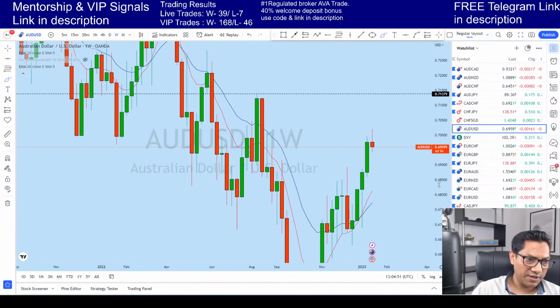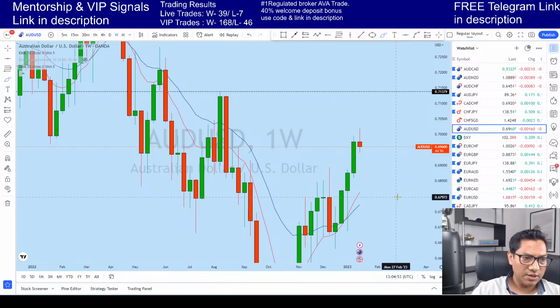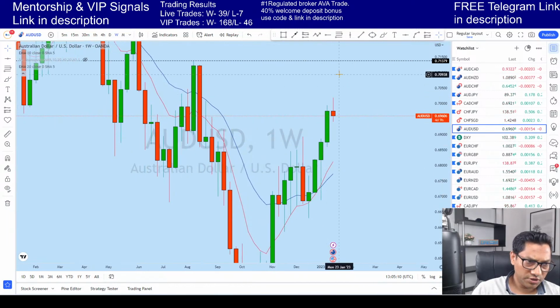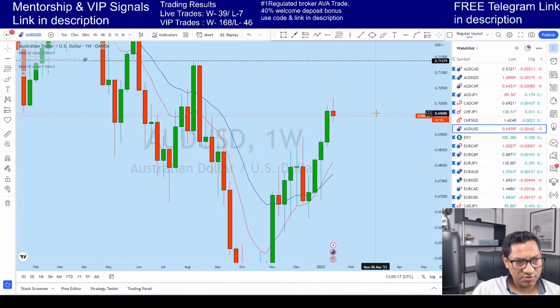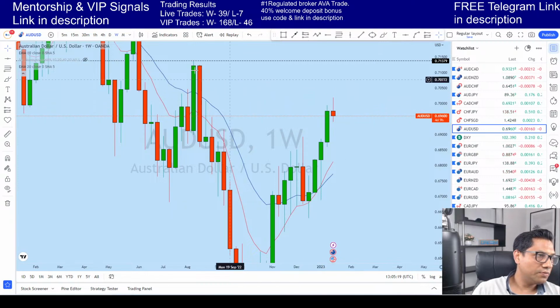So, weekly perspective. Now this is a weekly impulse. So far you see this is the weekly price action. This is the first day of the trading week, which is still pretty early to determine whether this candle will be bearish or bullish, but the trend is bullish. So the price action that we can consider is still bullish.